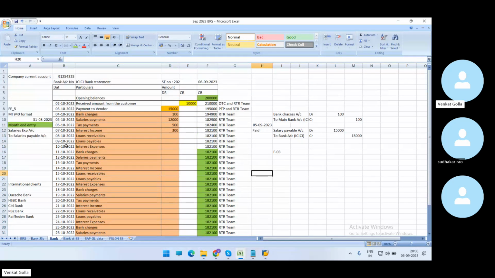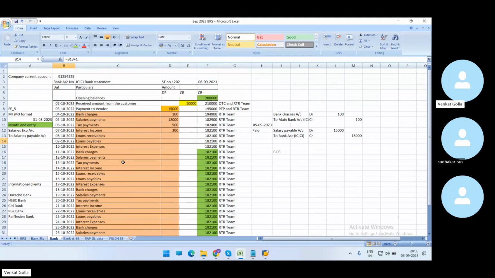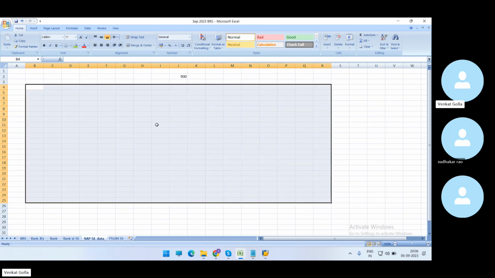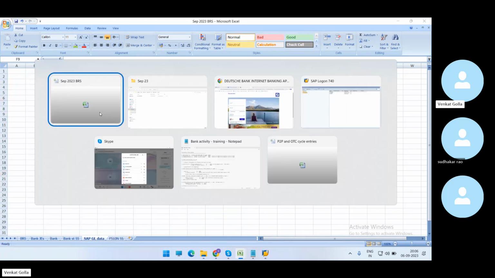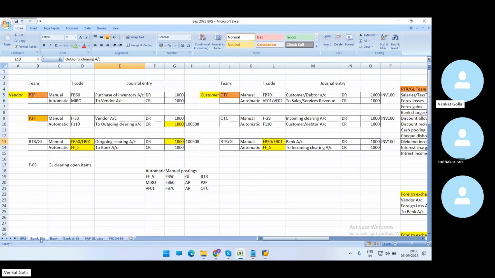Like that every day we are going to add the bank statement. We will download the bank statement in Excel file, and then we will also download the bank statement PDF, and then we will maintain the screenshot of the bank statement also here, PDF point of view, and SAP balances also we will maintain here. This is the screenshot and this is the line item report, like we have to do from the reconciliation point of view, but now we will try to see journal entries which are related to